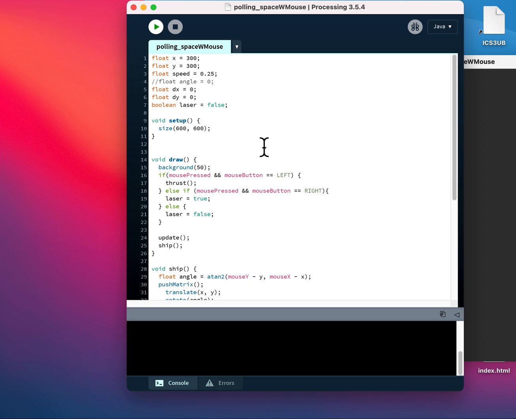All right, so that's with the polling idea, where we're using the variables to determine the events that are happening. What would happen if we did more